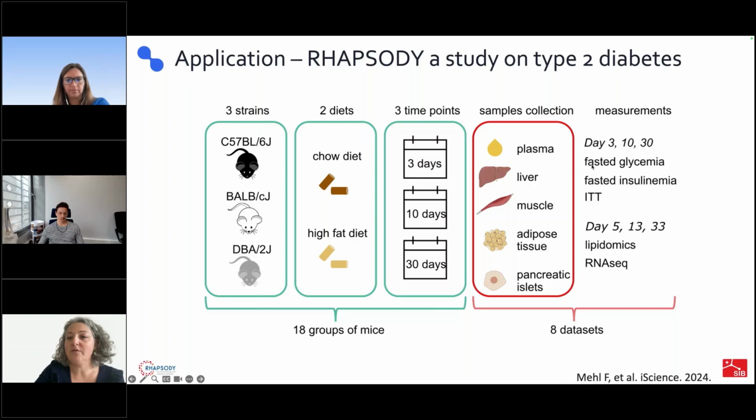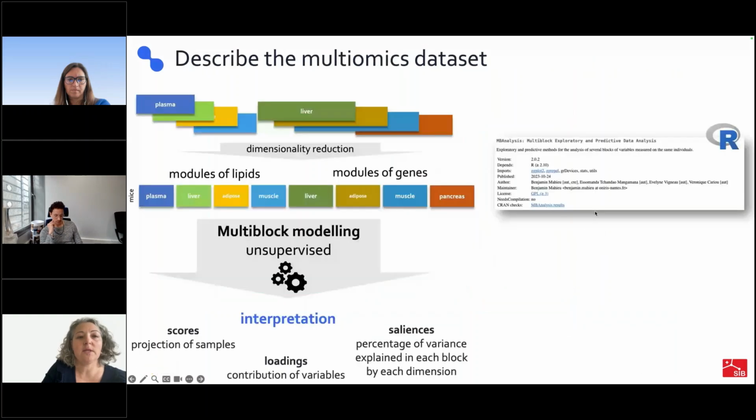And we wanted to investigate the key organs that control glucose usage and production with those mice with different genetic background and sensitivity to a high-fat diet that induce metabolic stress. So we had transcriptomics and lipidomics analysis. So here you see that we have plenty of different data sets with really different sizes, and we've decided as